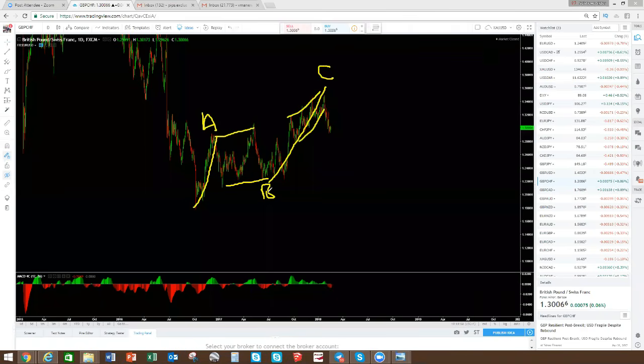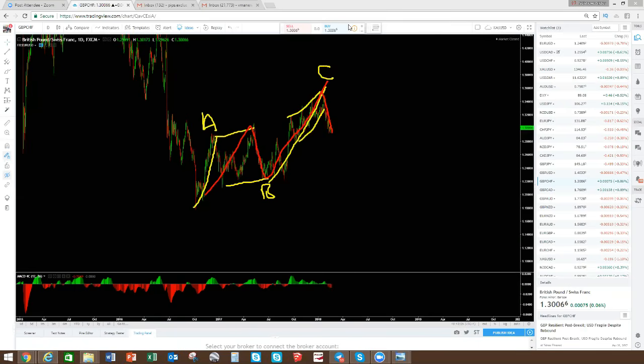Okay, so if this is your C and this is coming down, two things are going to happen. Either these 3 waves are complete, or you're still going to get more. So we've got the impulse. Now any correction that you get here will take you down. But if you're not getting a straight impulsive move to the downside like that, that means that this could give you,